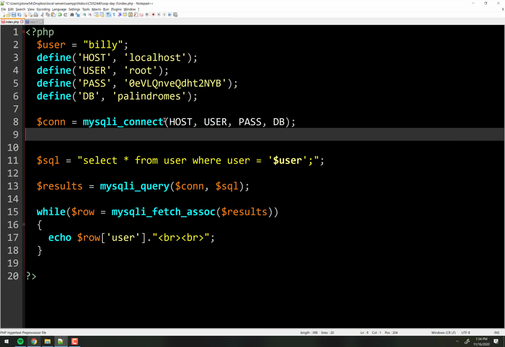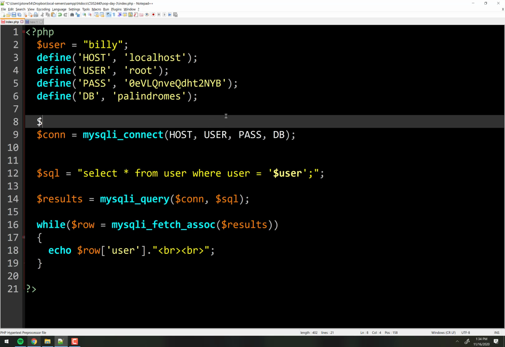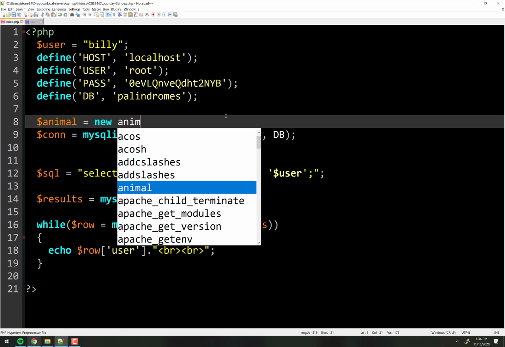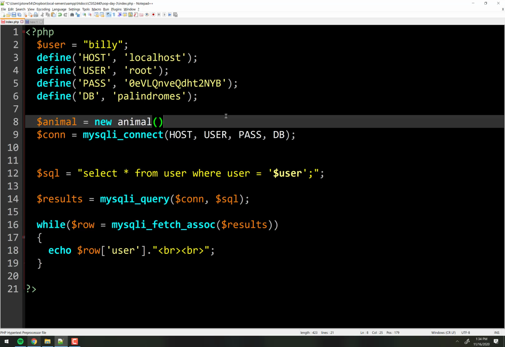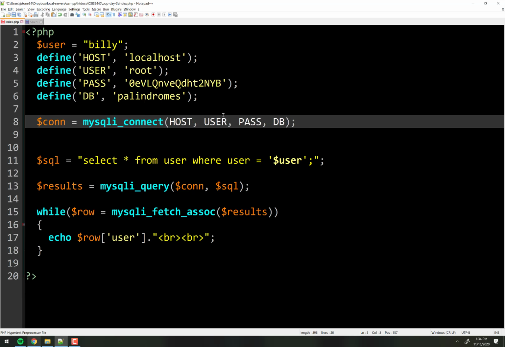So remember, how do we make a new class? What did we do before? Like when we wanted to make a new animal, we said animal equals what? New animal, right? And then we passed in the parameters. Well, that's the exact same thing we're going to do right here. We're going to make a new